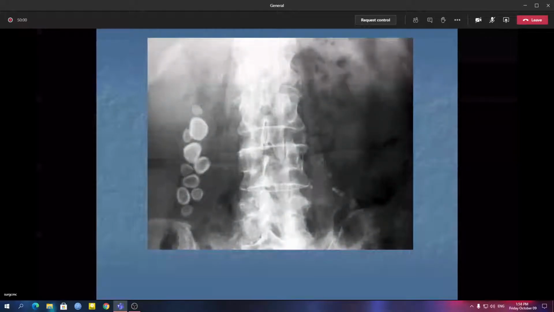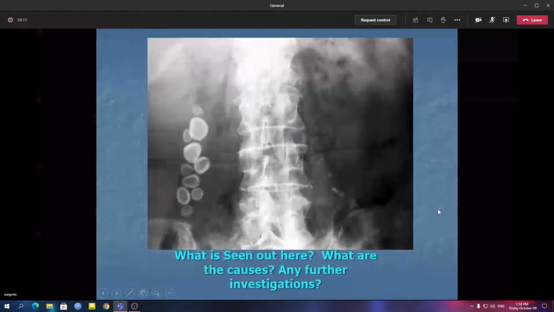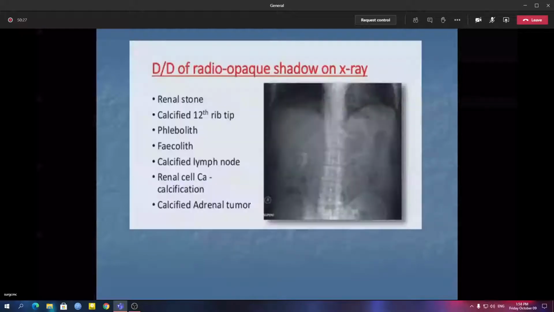What stone is this? You can see a pelvic bone, you can see the vertebrae, you can see some radiopaque rounded stuff on the right side, and from this plate only. So, what extra investigation can I suggest on this? Sir, I am still confused. Say it. X-ray lateral view has to be taken, it is overlapping the spine. Very good, very good. You could teach X-ray better than me. Anyway, you have told it correctly.